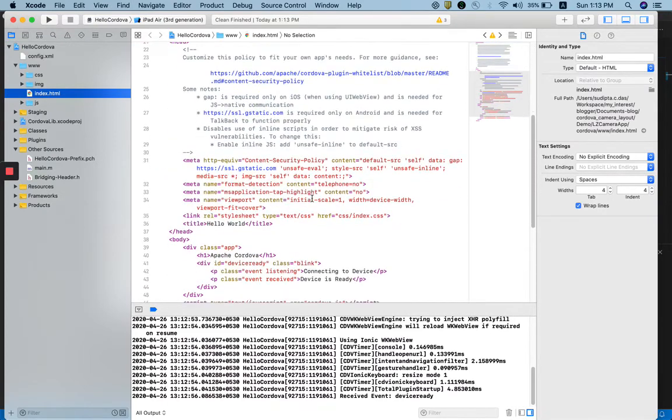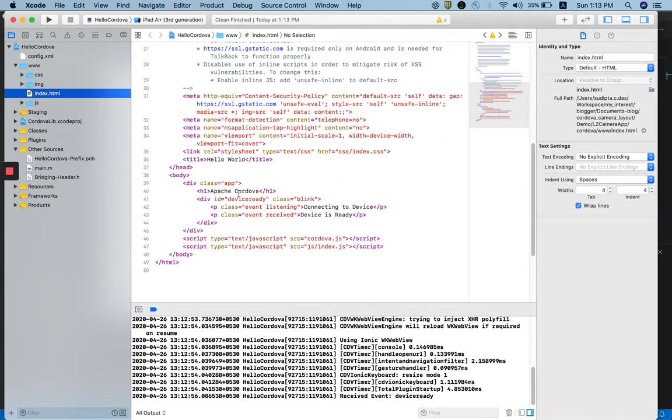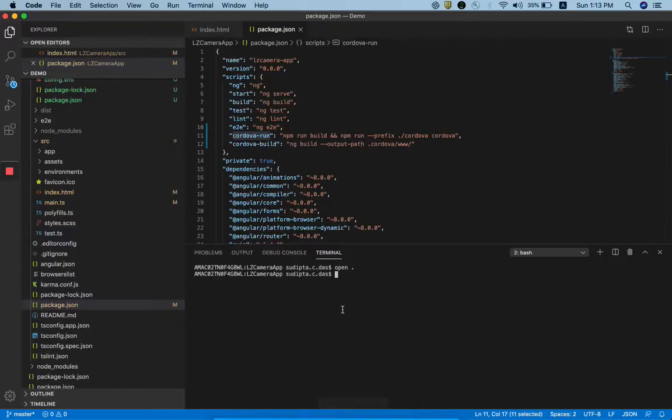So this is a default value of Cordova application, which is under www folder, that we need to update with our Angular application now. So for that you just need to put over